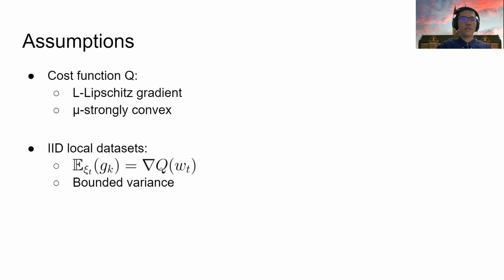Under these assumptions, we determine an upper bound on the number of faulty workers that is sufficient for the convergence of our algorithm. We prove that if the fault tolerance f over n is less than the bound 1 over 4L over mu, where L and mu are the Lipschitz constant and the convexity constant, then the algorithm Echo-CGC is guaranteed to converge.